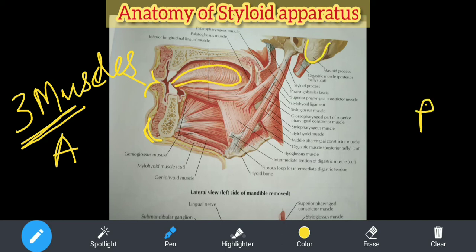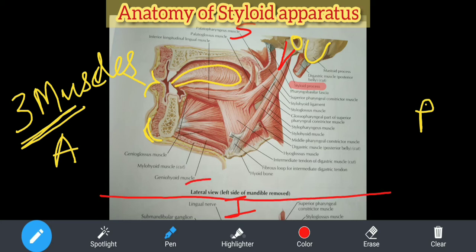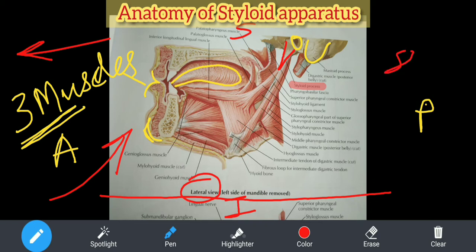See, this is the mastoid process. Are you able to recall? And this is your tympanic opening, or you can say opening of the ear, simple. I told you just medial to it you have this styloid process. Are you able to make it? See, I will highlight it. Styloid process. Very simple. This is superior and this is inferior. Now what they have written: this is the lateral view of the left side of the mandible. Left side mandible is removed. Means you are viewing from this side. The person is looking in this direction and you have removed the left side and kept it aside. And this is a sagittal section. Okay, this is your sagittal section.